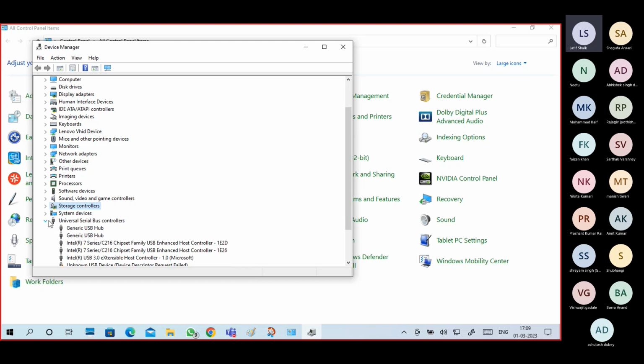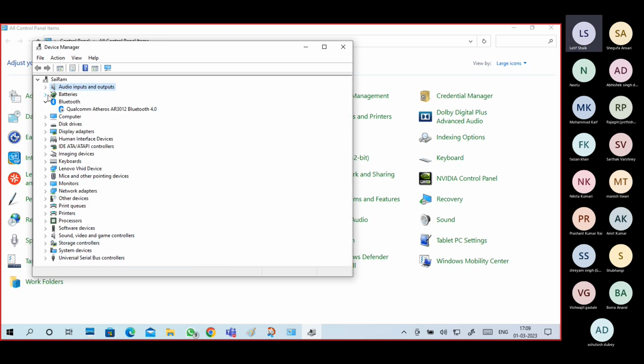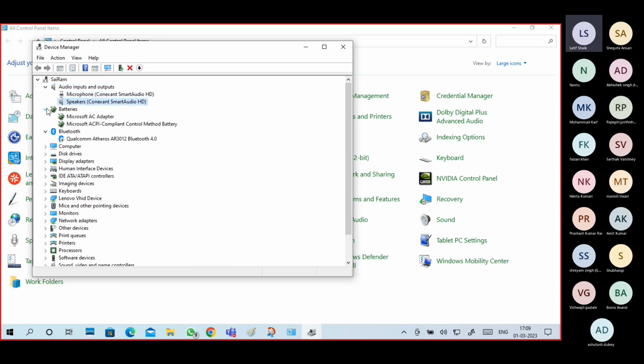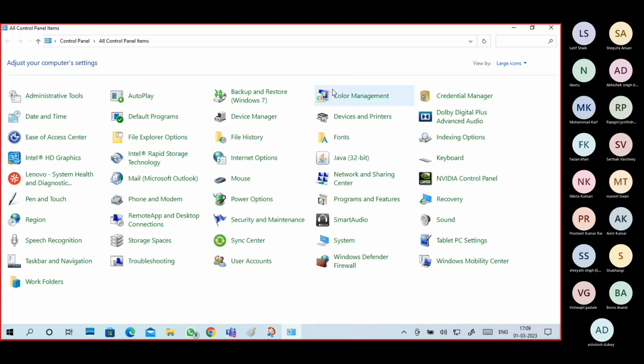Okay, like this. Audio, video input, batteries. Okay, display adapters. So your devices are required to communicate with your operating system, or the operating system has to